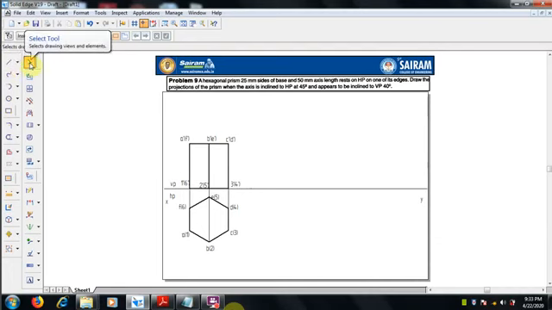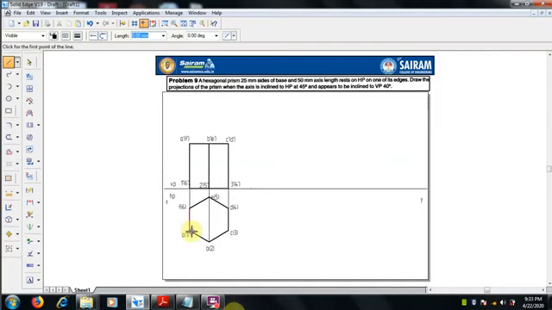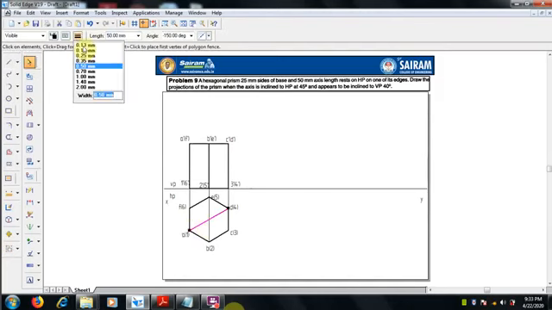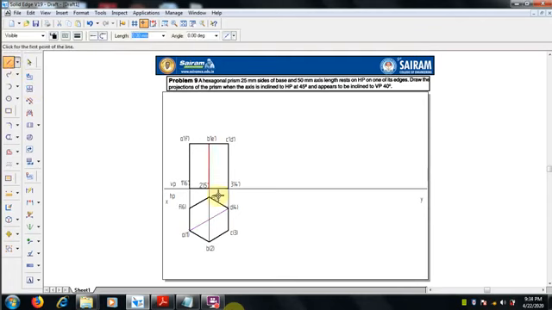And the axis also we have to draw by selecting the axis line. First we have to find the center from the top. Actually here, at the intersection, we will get the axis.